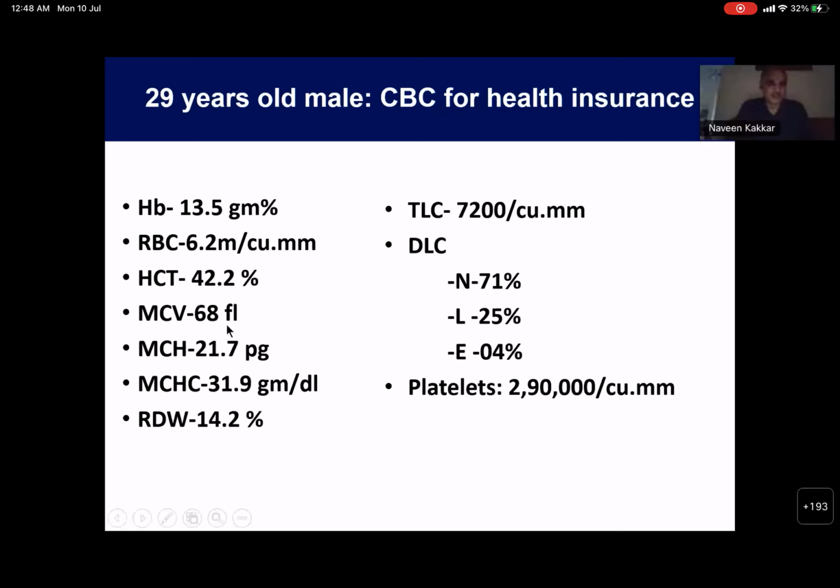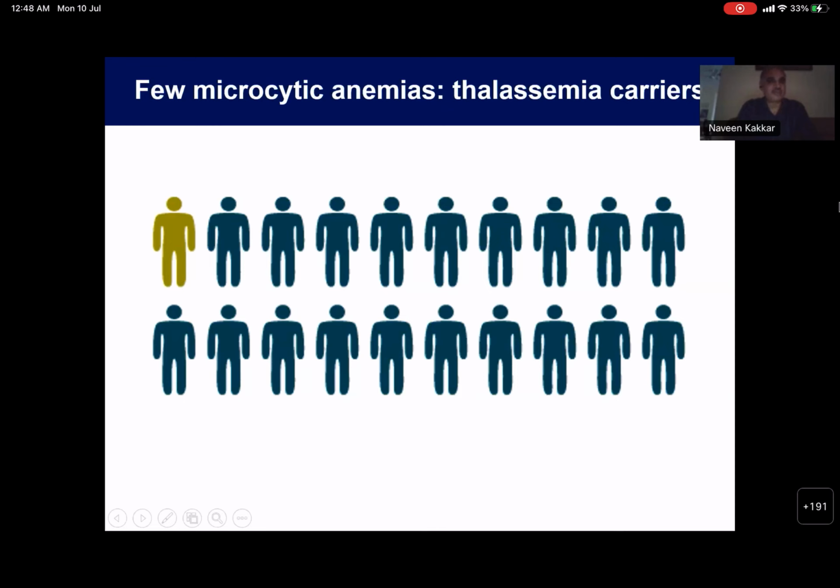You have a microcytosis, but you have a normal RDW. Again, TLC and platelets are normal. So your second differential, which was thal trait, comes in here. Microcytic hypochromic anemia with a good degree of red cell response and a normal RDW tells you this is possibly thal trait. So you must remember, whenever you diagnose iron deficiency anemias, that a few microcytic anemias could be thal carriers,